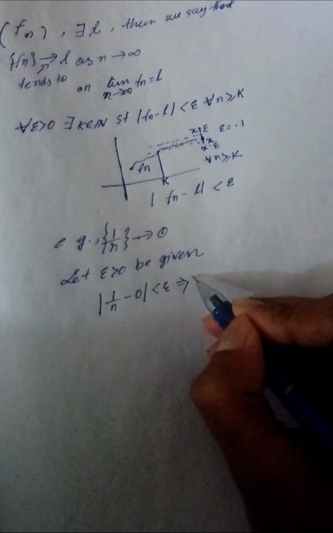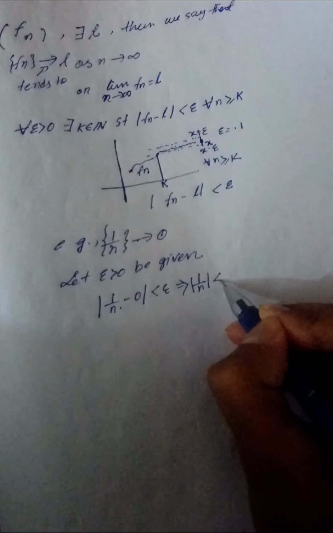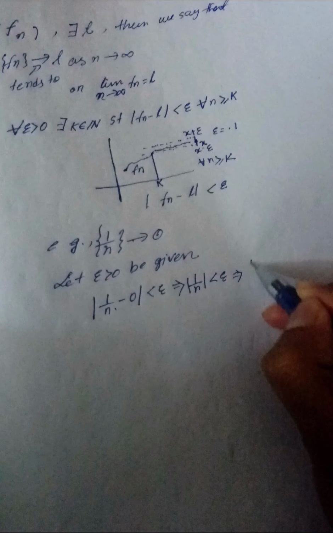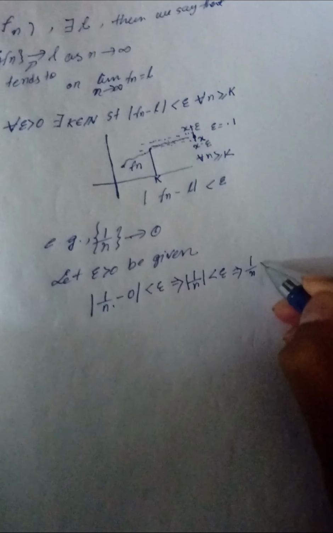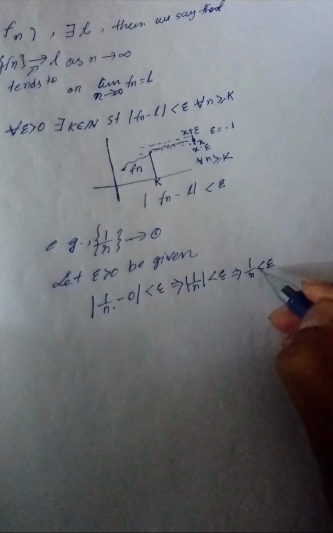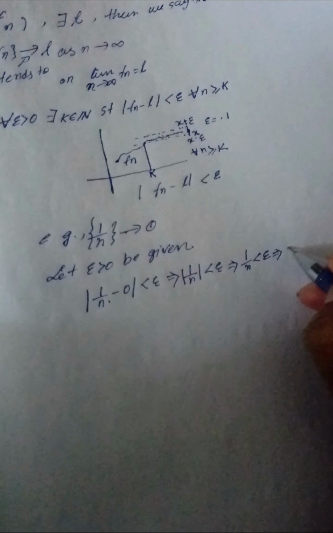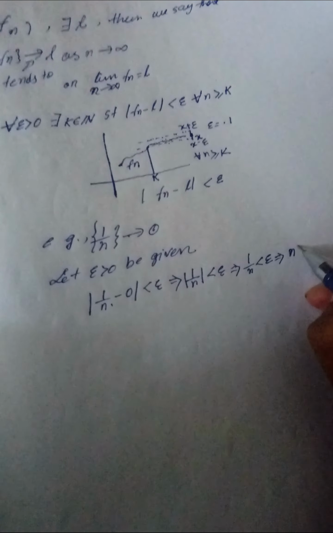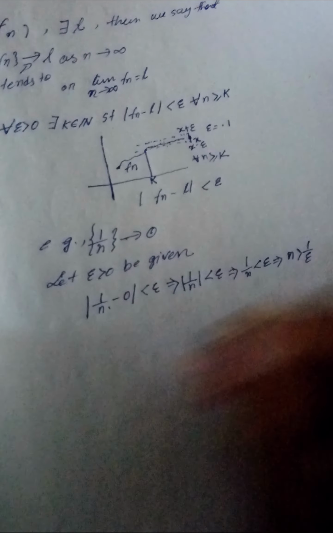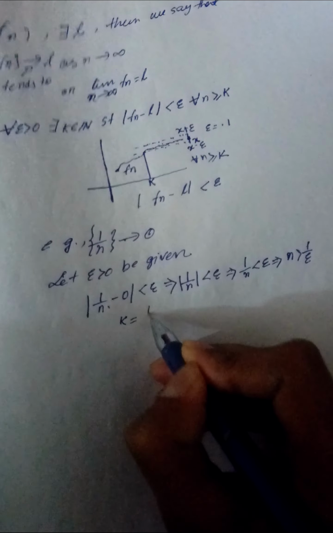and then have the condition. So 1 by n minus 0, obviously it means mod of 1 by n less than epsilon, but 1 by n is positive, so we may discard the modulus. Then we have 1 by n less than epsilon. But when this happens, 1 by n less than epsilon means for which n? We have n greater than 1 by epsilon, right? So let's take k equal to 1 by epsilon,